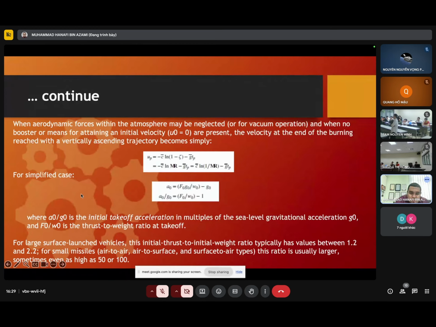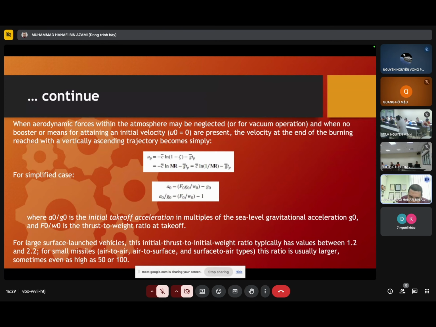If the thrust to weight ratio is given, you can simply calculate the acceleration. So for large surface launch vehicles, for example SpaceX, Ariane, Roscosmos, or all those launch vehicle rockets,